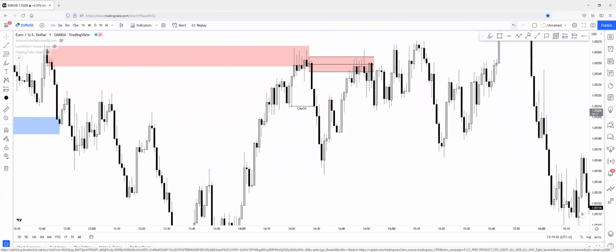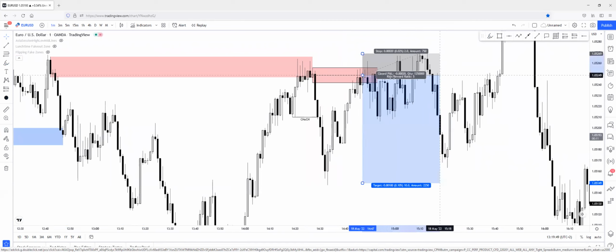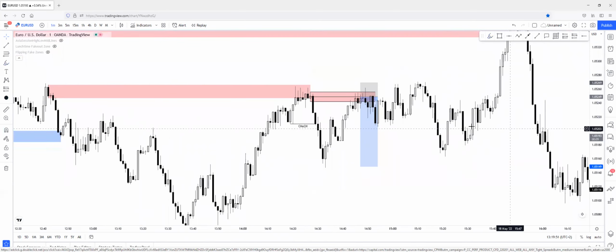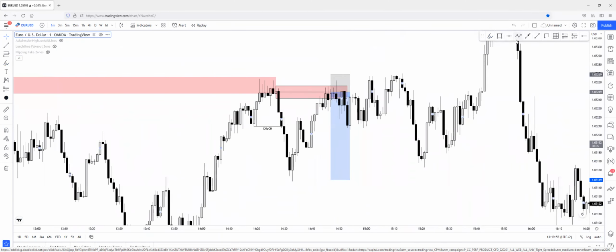Because I opened the trade right here at this region, there was a trade for me with a 2 pip stop loss, and this trade was break even for me because I did set my stop loss to break even after I saw the break of the last recent low point, which was this one right here. As you can see from this candle, price has created another break of structure here to the upside. This candle has closed above the last recent high point, meaning this is our last structural low point. And after this inefficient movement has happened to the downside, I just did set my stop loss to break even right here,